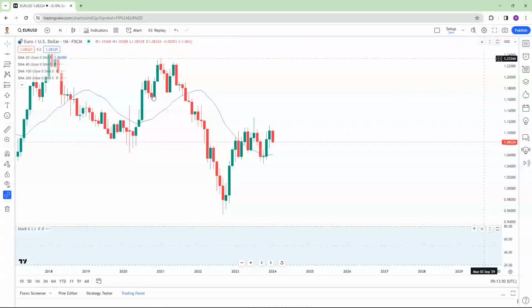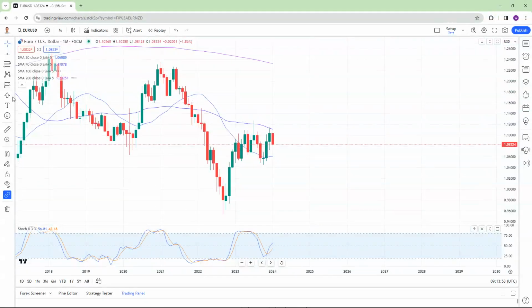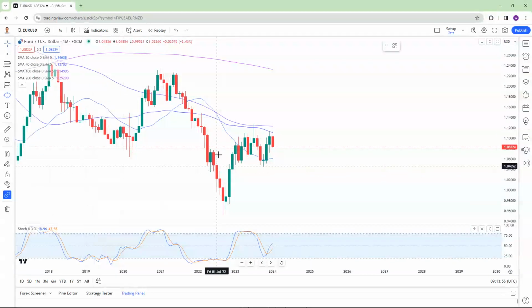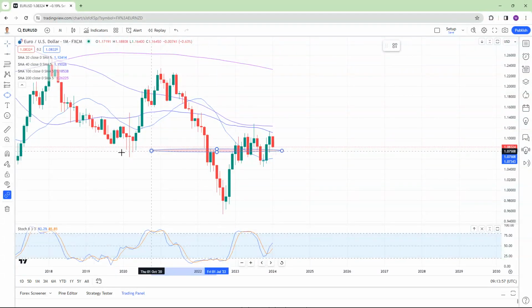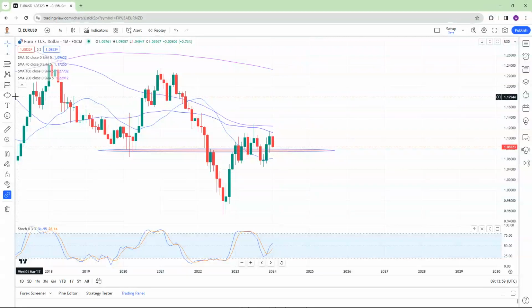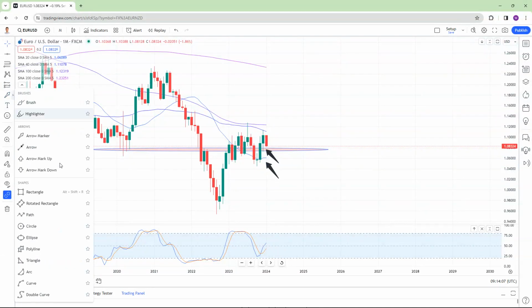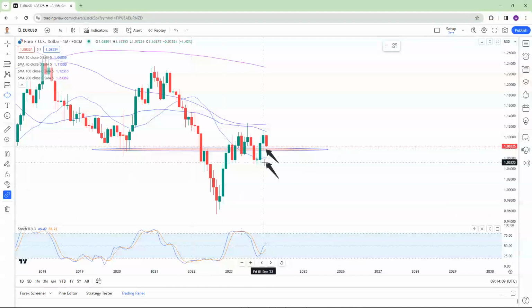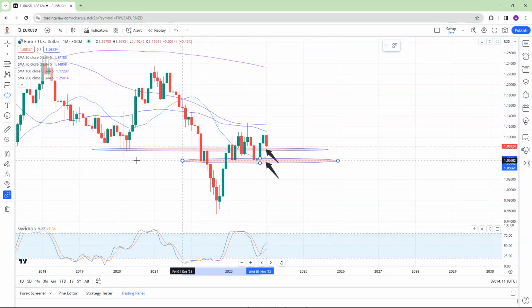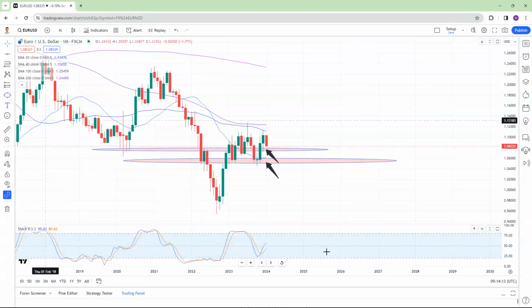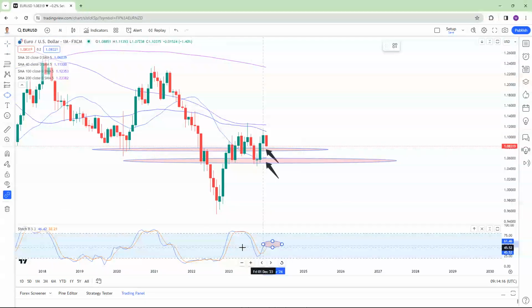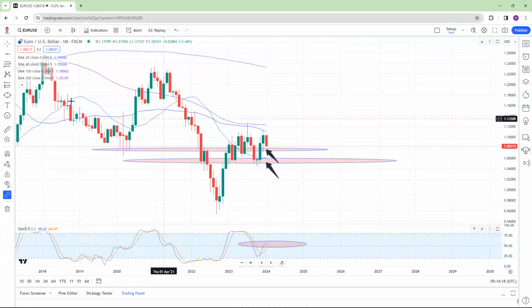Just talking about the euro dollar briefly, I do like it long just here, slightly lower down. I think that is ideal for longs. And I think you've got long entries lower down at further key support long term. Okay, again, wouldn't be surprised if your stock oscillator, RSI, whatever it is you're using to gauge market value,